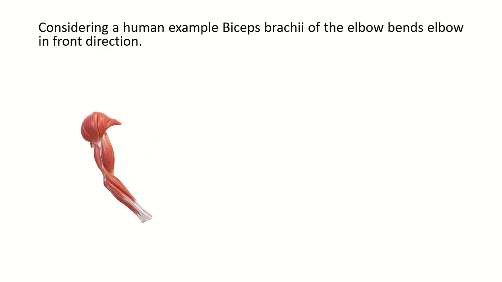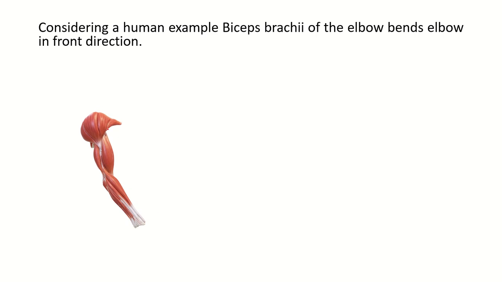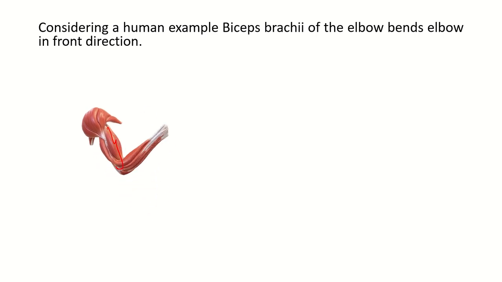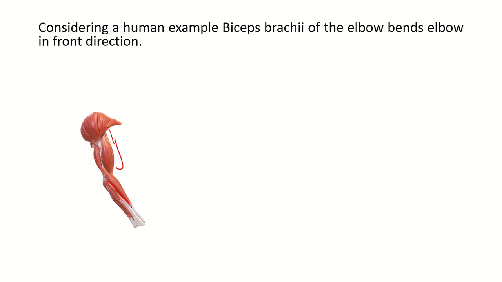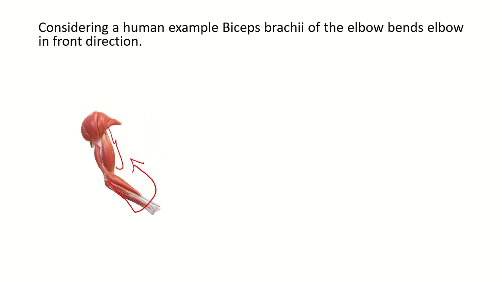Now consider the same vector on the human body. That is biceps brachii, bending your elbow in the front direction. Now this is the muscle, biceps brachii. Look at the muscle. It is bending this distal part forward, in the forward direction. So, if this is the muscle,